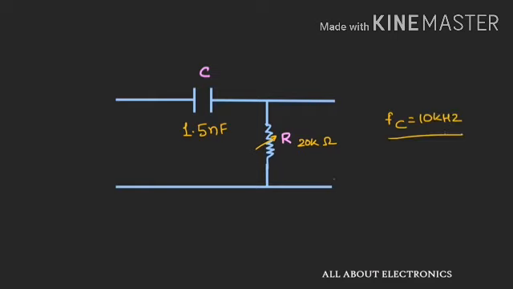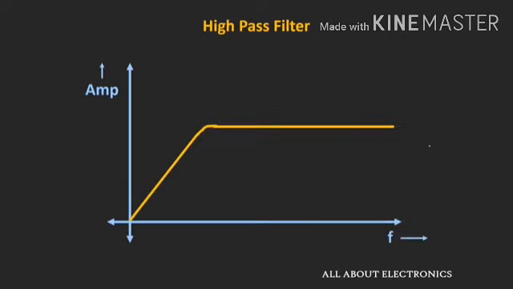So in this way, we can design the high pass filter of any given cutoff frequency. So now if we see the frequency response of this high pass filter, it will look like this, and our cutoff frequency for this filter is 10 kHz. Now let us assume that to this high pass filter we have applied a 10 volt sinusoidal signal with a variable frequency. At very high frequencies the output will be approximately equal to the input, and at the output we will get 10 volt. At the cutoff frequency of 10 kHz the output will be 0.707 times the input value. So at the output we will get 7.07 volt.